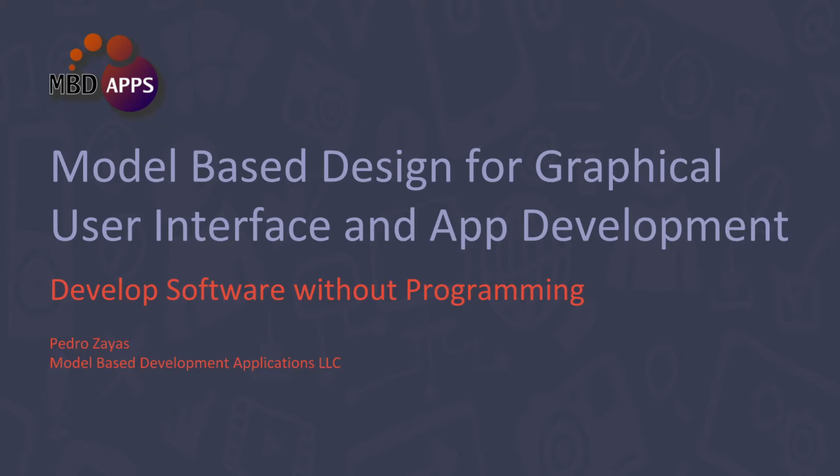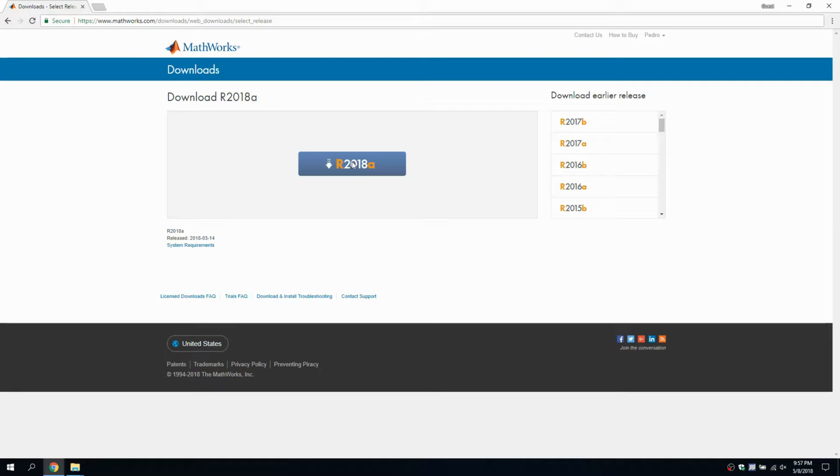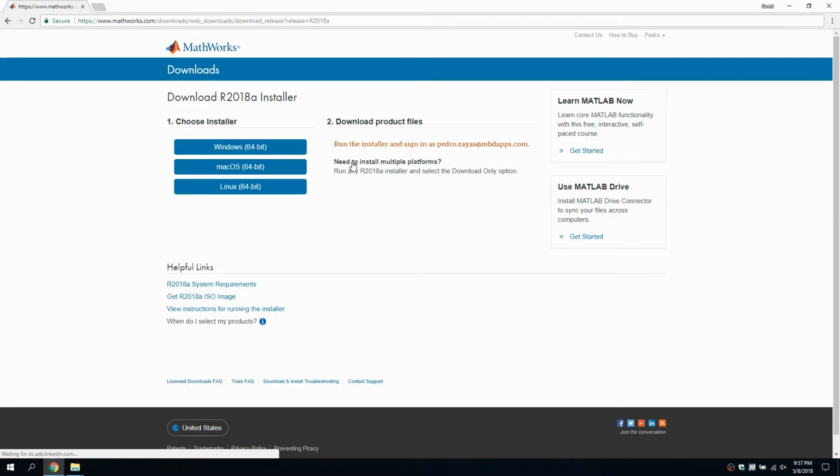Okay, I won't lie to you. The tools that we're going to install today are expensive. However, if you're fortunate, you might have access to the most expensive pieces through your company or university. And also, if you're a tinkerer working on personal projects, you might be able to get home licenses at steep discounts. The first tool we need to install is MATLAB version 2013b or newer.